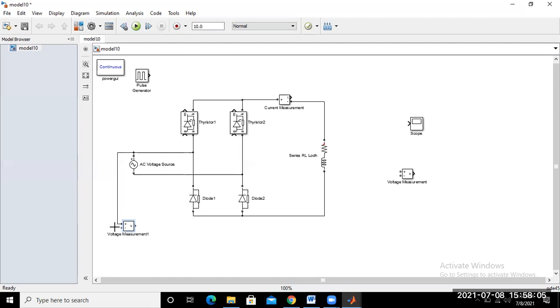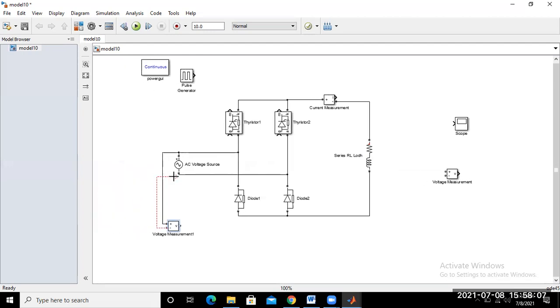This voltmeter is connected in parallel with the input voltage. Again, this voltmeter we want to connect in parallel with the output terminal. So this one is our output terminal. Already connected.